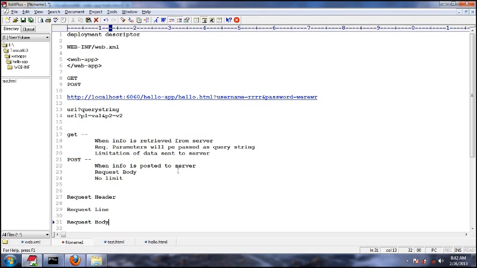We will discuss request headers later on. To change the properties of the request, we use request headers. The request line actually contains the request information. It contains the method